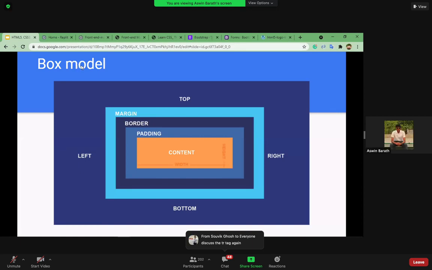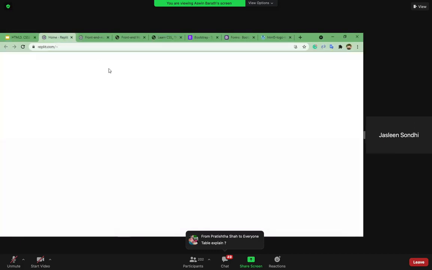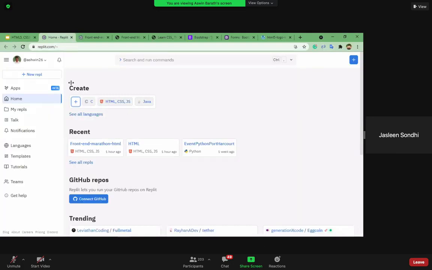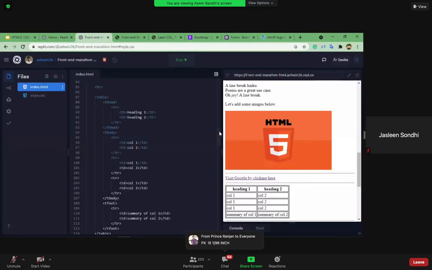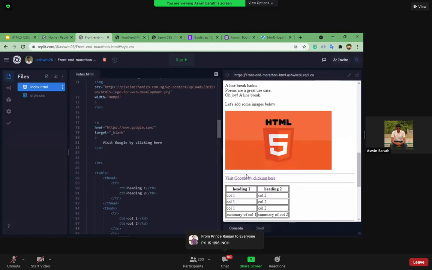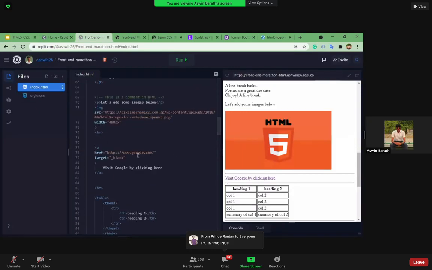Yeah, sure. Someone's asking about href. Can you explain it again in short? Href is nothing but hypertext reference. In the link we have provided inside this website, we use the anchor tag, right? A is nothing but the anchor tag. If we have to provide the link to where we have to navigate, we provide the value of the link inside this href attribute.